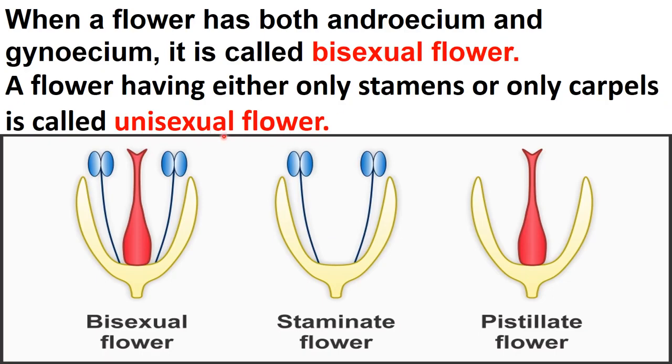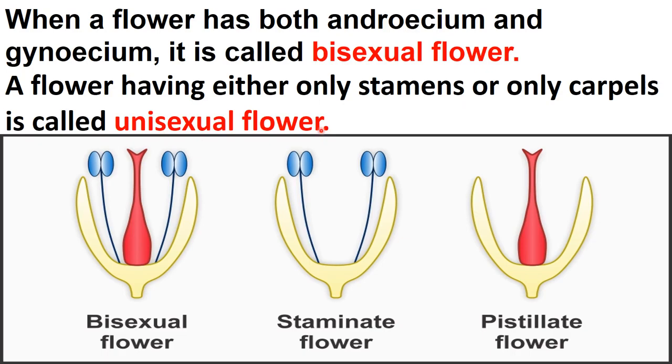So see here, this is bisexual flower. Here you can see this part is the gynoecium part: stigma, style, ovary. This is the gynoecium part, the female part of the flower, and these are anthers and filaments, right? So these are stamens, complete stamens you can say. So both male and female part, means androecium and gynoecium, both are present in this flower. So such flowers are called bisexual flower, while the flowers having only either stamen or only carpels will be called